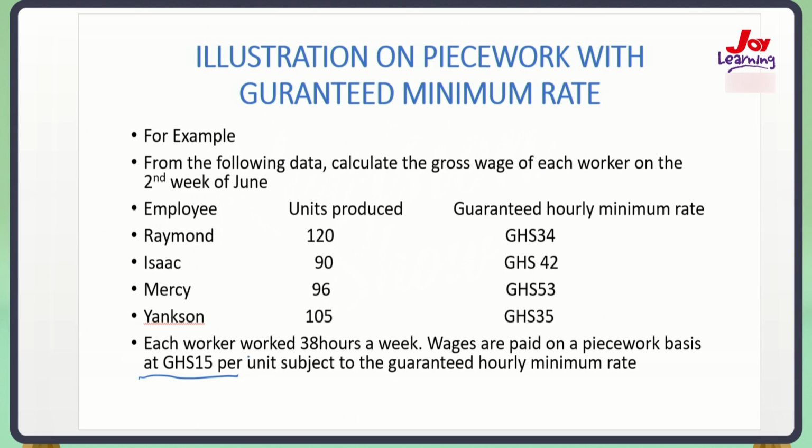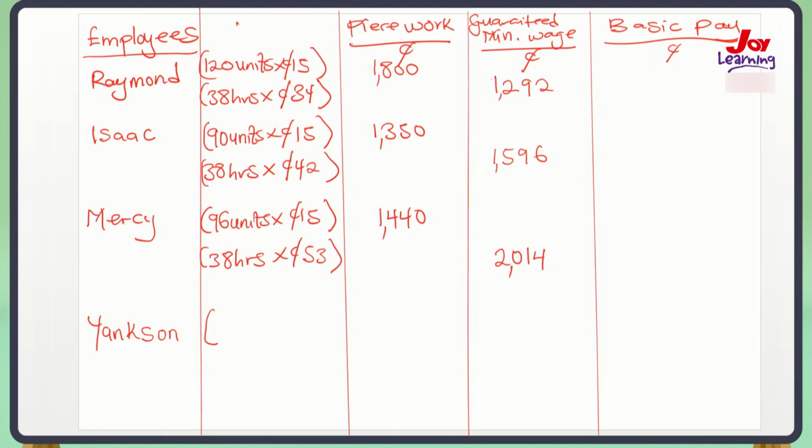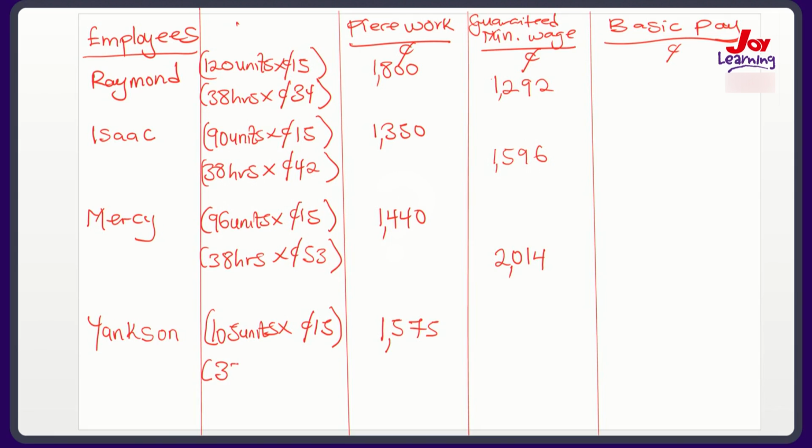So we are multiplying the output by Youngson, which is the 105, by the rate per unit, which is 15 cedis. So we have 105 units multiplied by the rate of 15. 105 by 15, giving us 1,575 cedis. Then his minimum rate that has been set is still the 38 hours